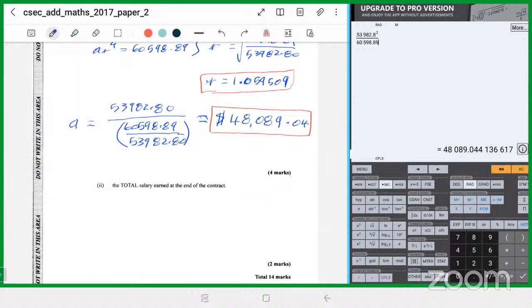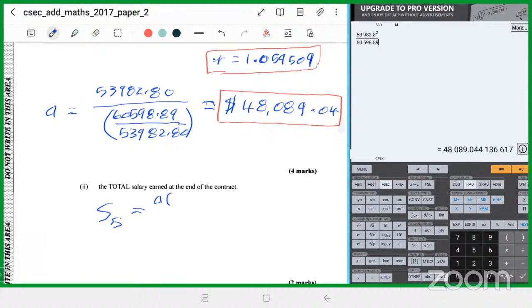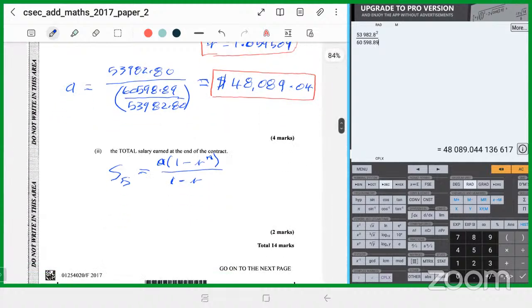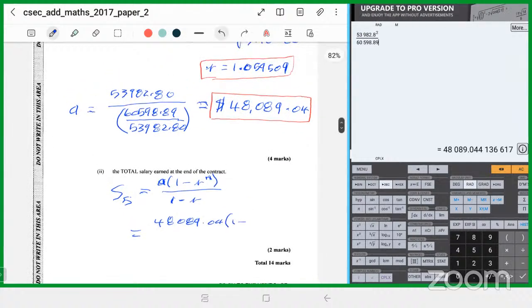So this question is asking you for the sum to 5 years, which is equal to A into 1 minus R to the n, which is 5, over 1 minus R. So it becomes equal to 48089.04 bracket 1 minus the whole long ratio here, so now for the accuracy, 1.059509 raised to the power of 5